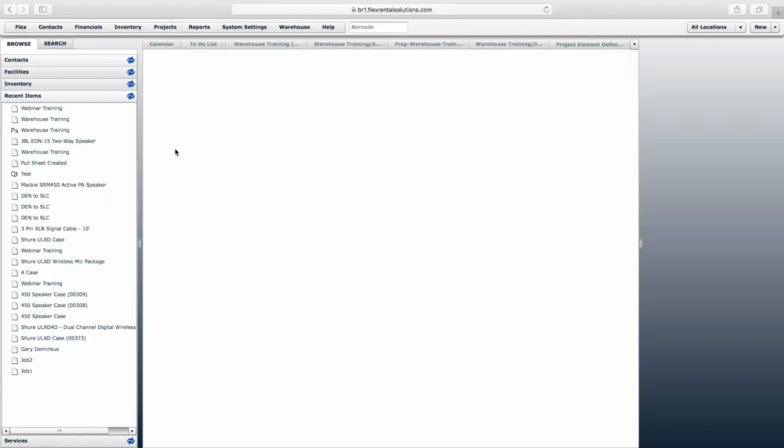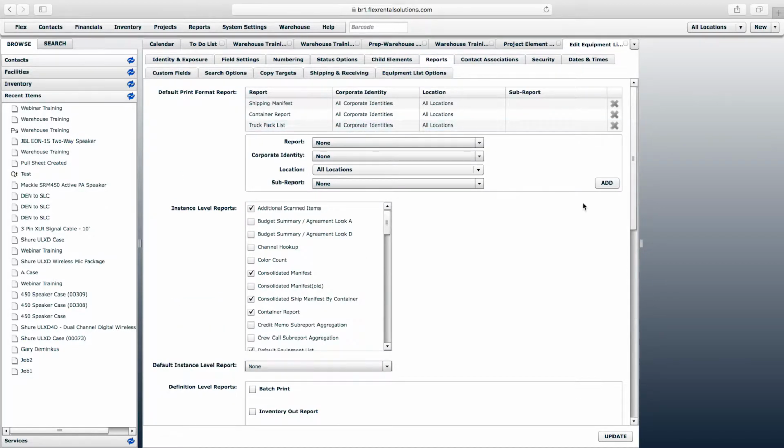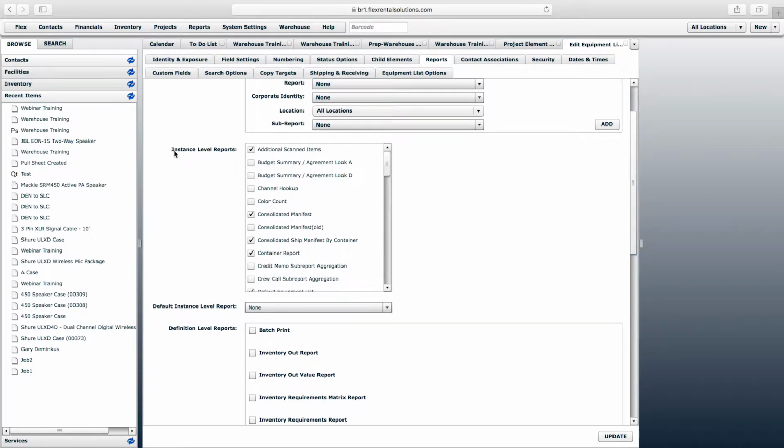And if you've never been here before, this is just where all of the different settings are for each of your elements. So quotes, pull sheets, manifests, crew calls, etc. all have dozens, if not hundreds of different settings that you can manage. Specifically, we're just looking at reports. So we'll click the Reports tab. And then this is showing us these instance level reports. These are the ones that are enabled and will show when you open a specific manifest. So anything that I have a check next to, that will be available to me when I have a manifest open. And I think I've done most of them